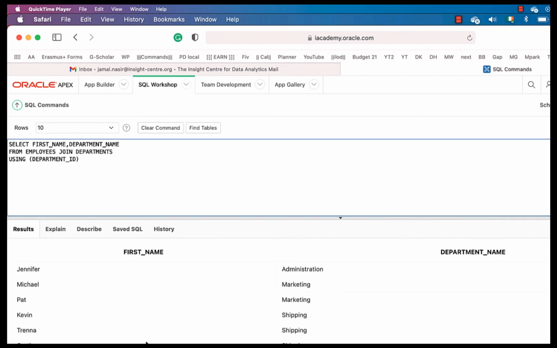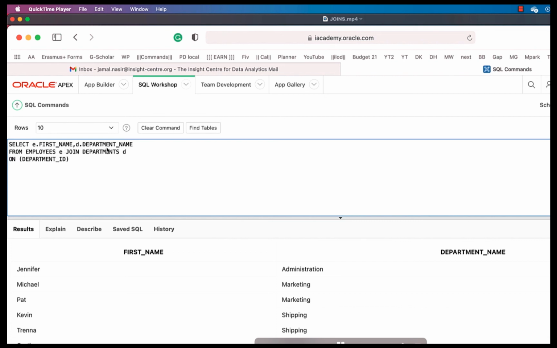So right, you can use natural join, you can use using, but I would prefer that you practice only the on clause, the same results would be there. So here I'm aliasing, providing employees as E, and then I can write E.first_name, D.department_name, and here that's fine.